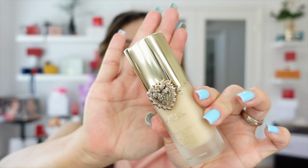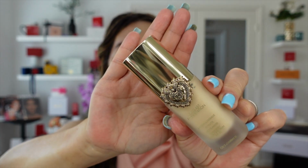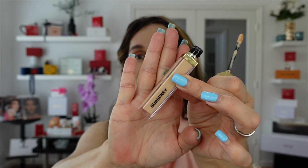Dolce & Gabbana, the EVERLAST foundation, 7 Light Neutral. Nothing here, and you can observe all the blemishes, redness, and unevenness I have. So I'm going for a hot pump more. It is semi-matte, the EVERLAST foundation, 7 Light Neutral from Dolce & Gabbana. I am truly light of skin, and I'm going to proceed with Burberry 40 Neutral